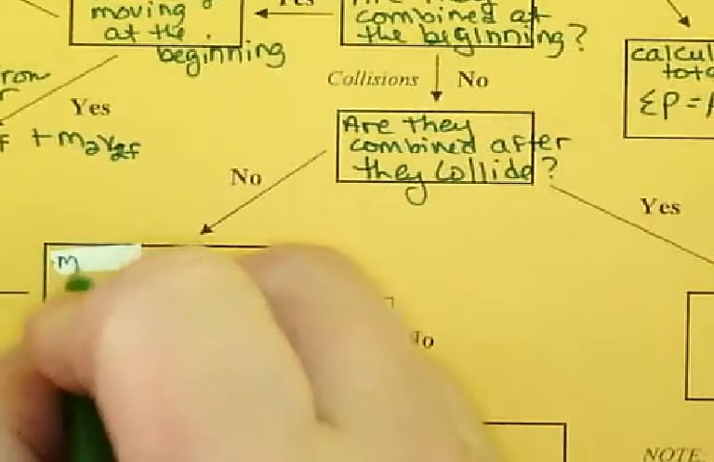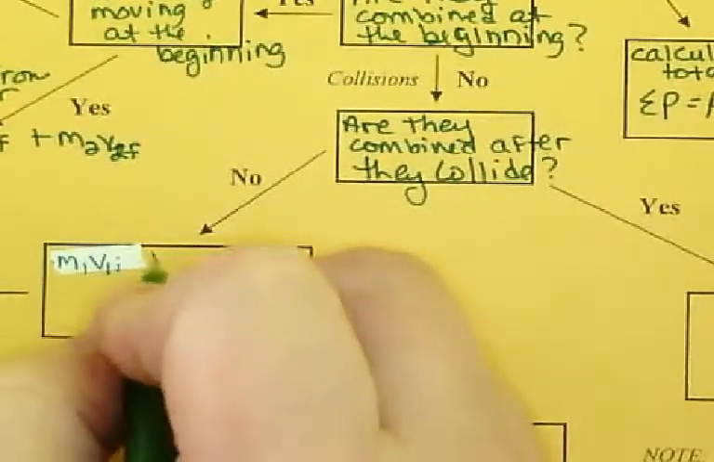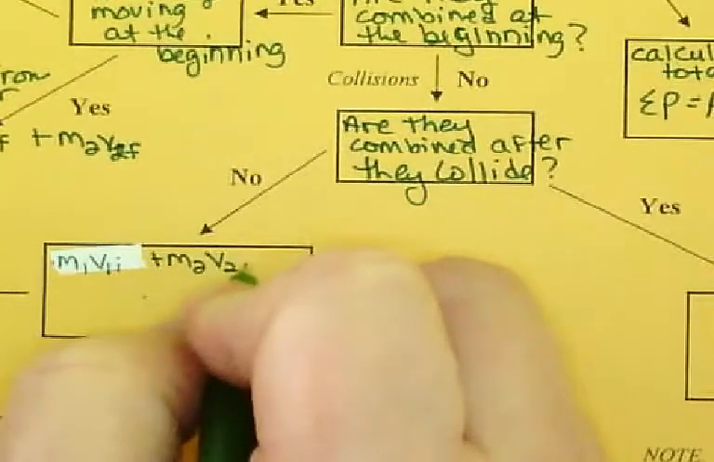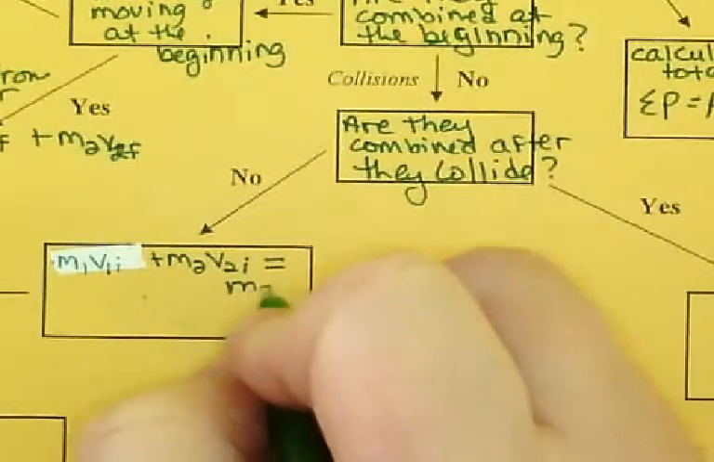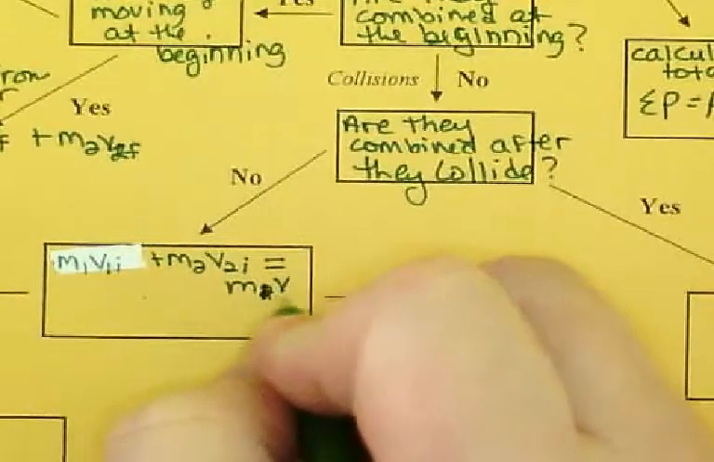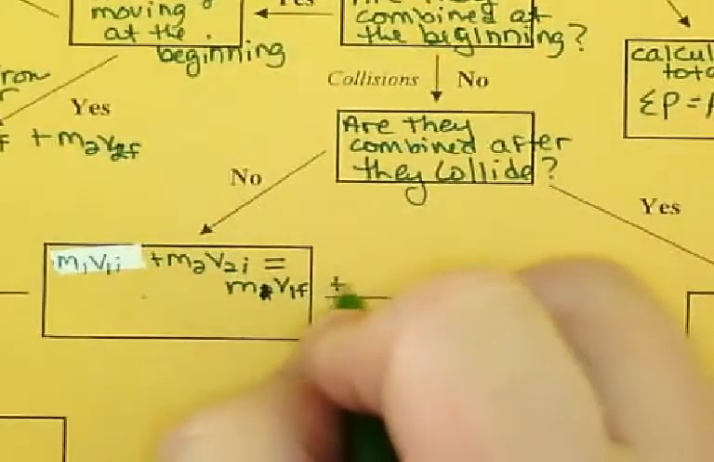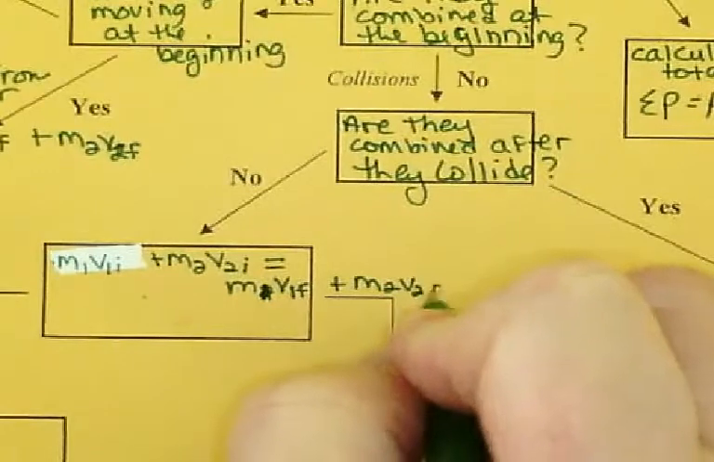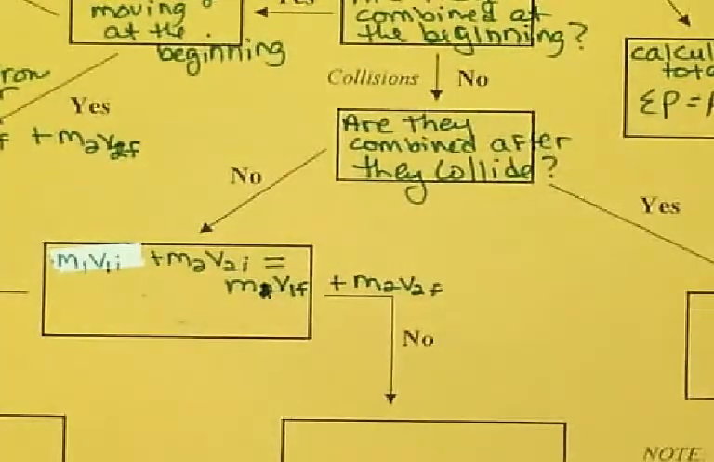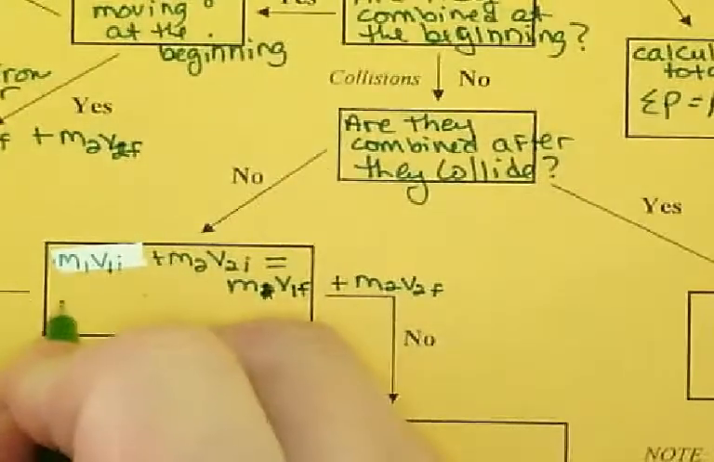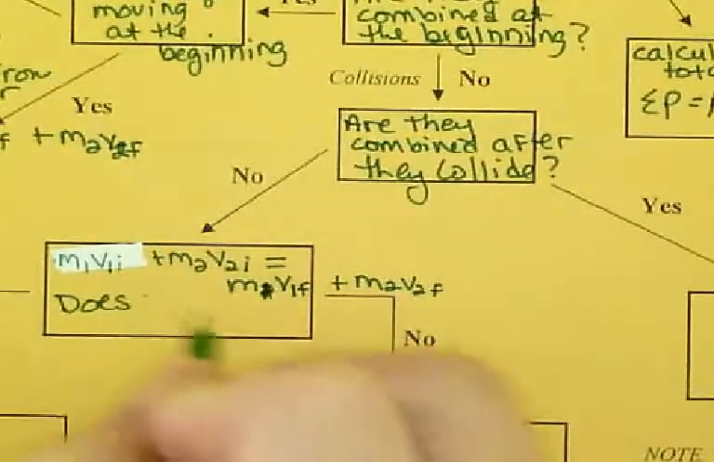Alright, the mass 1 times its initial velocity plus mass 2 times its initial velocity has to equal the final momentum of object 1 plus the final momentum of object 2. So the mass 1 times its final velocity plus mass 2 times its final velocity. That's going to be the equation to determine their velocities before or after. It's going to depend on the information you're given. So then you have to look at,